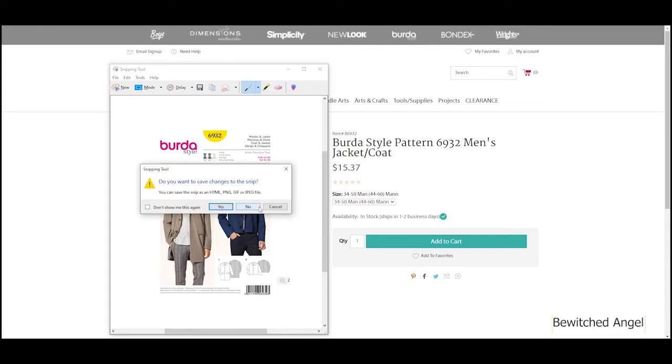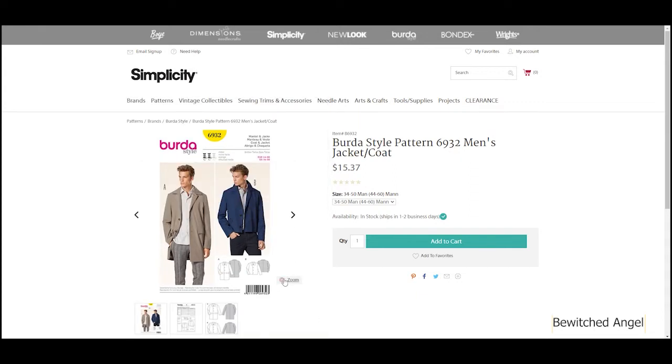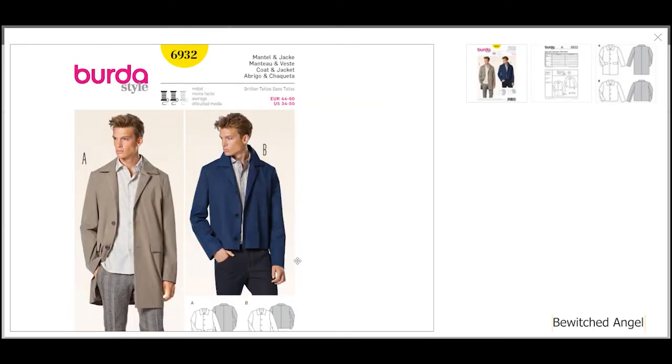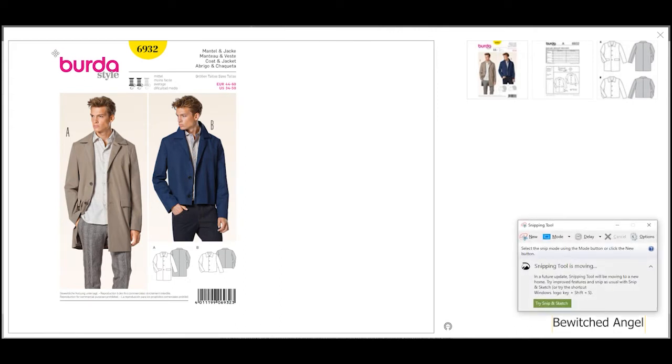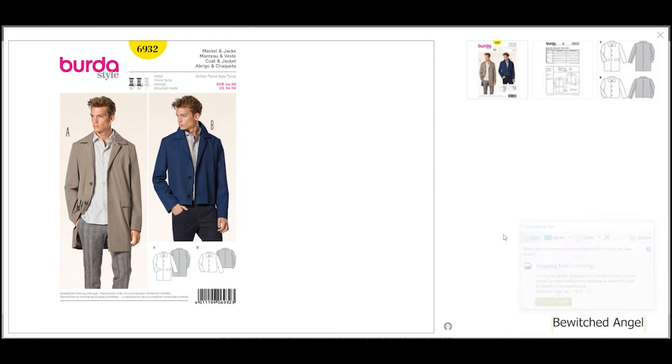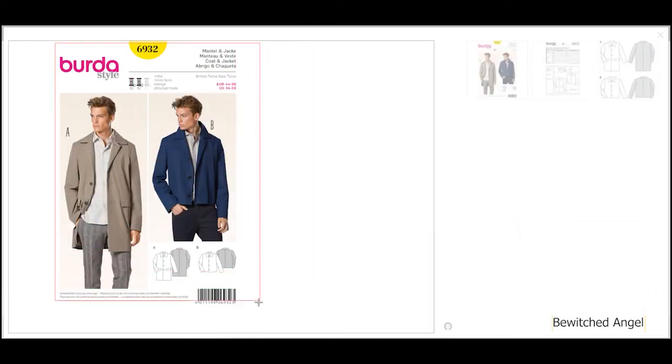Now one of the best things to do is, if it's got a zoom, bring it up on the zoom, and you can make your screen smaller so you get it all in, and then just use your snipping tool and we'll create a new one,